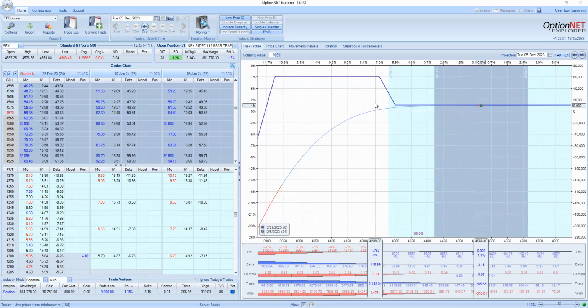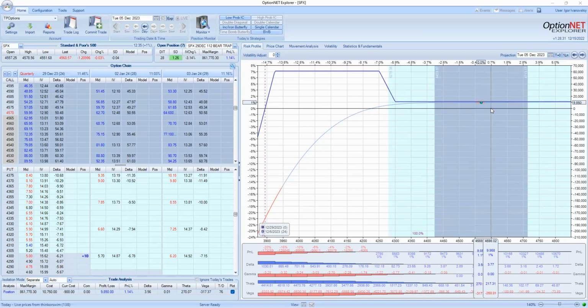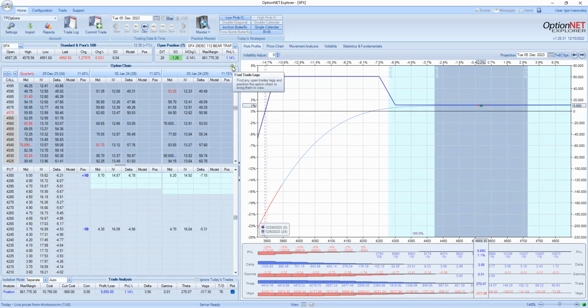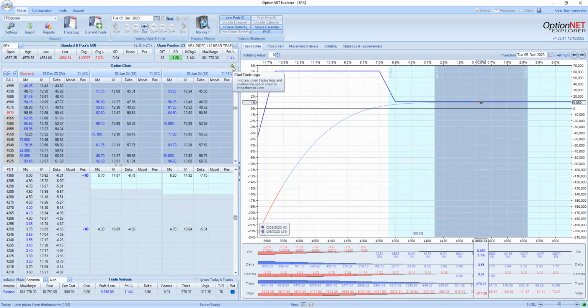What is the probability of SPX being somewhere above 4,300 at expiration? I'm sorry. I said above. The question is what is the probability of SPX being below 4,300? But if you answered above, yes,